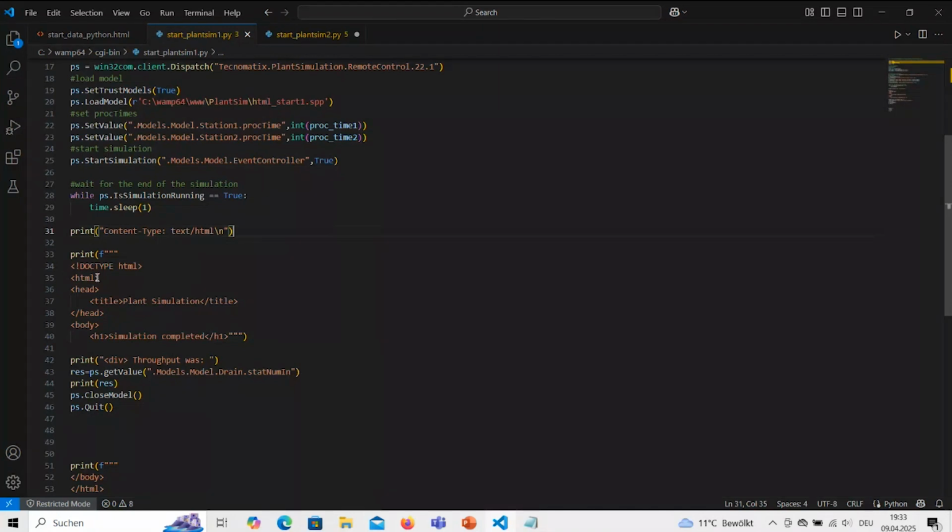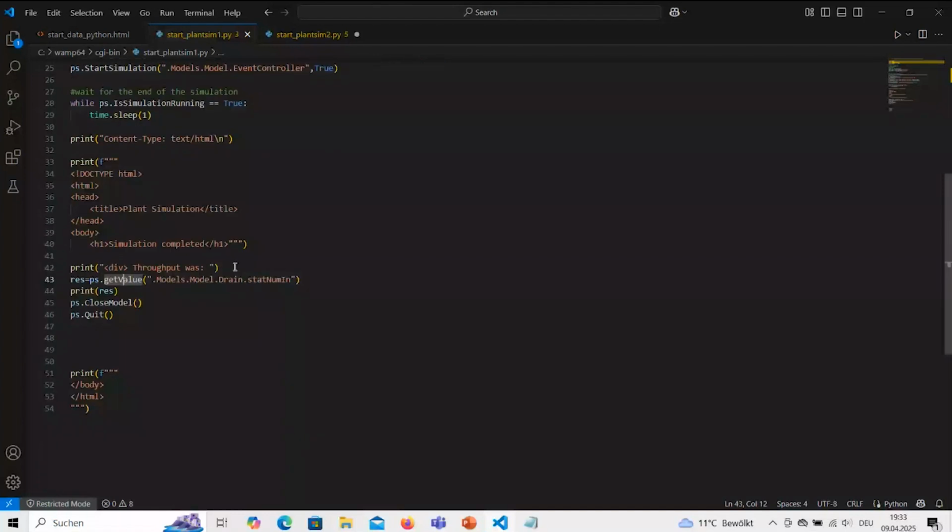This is the start of the site. Here, Plant Simulation is the title, and then I need to read the results from Plant Simulation. Here we have in the COM interface the method getValue, and I need to specify here the attribute I want to read, for instance, the throughput, and this I just write into the stream of the HTML code.